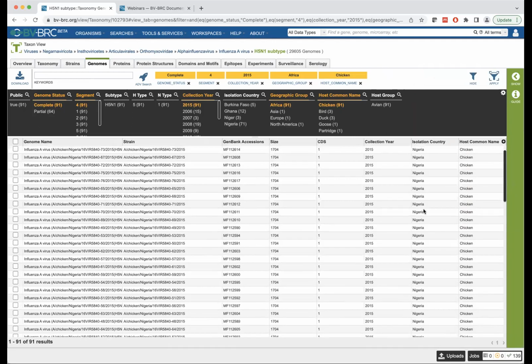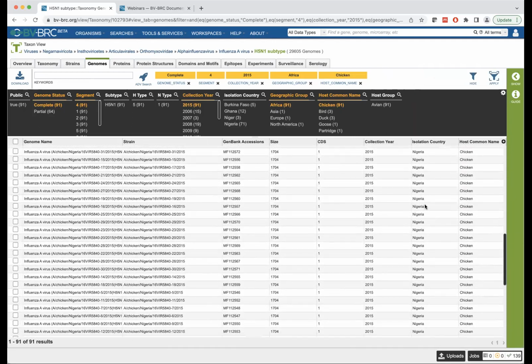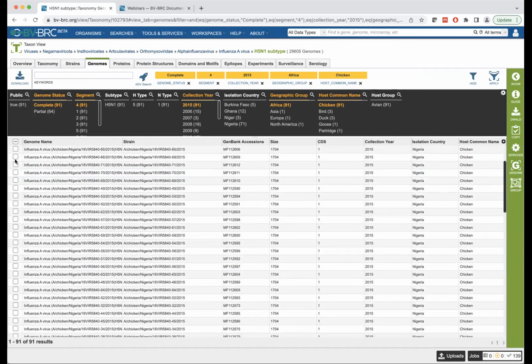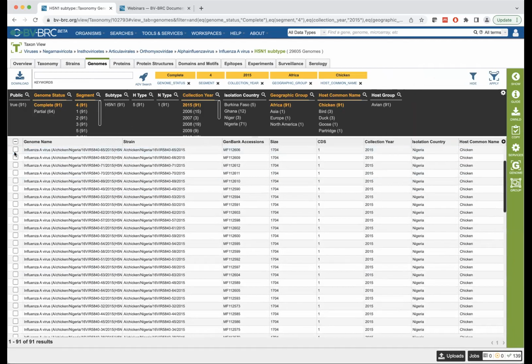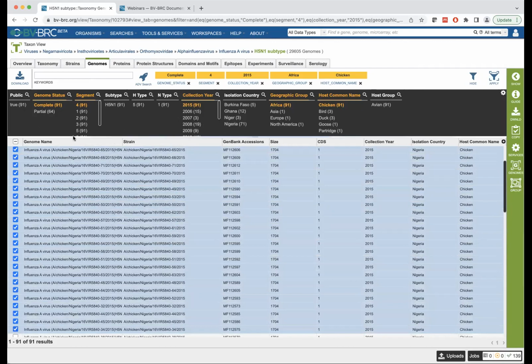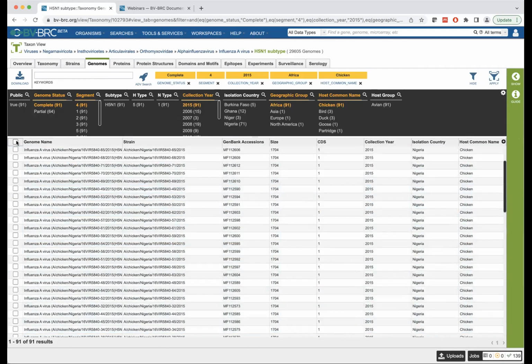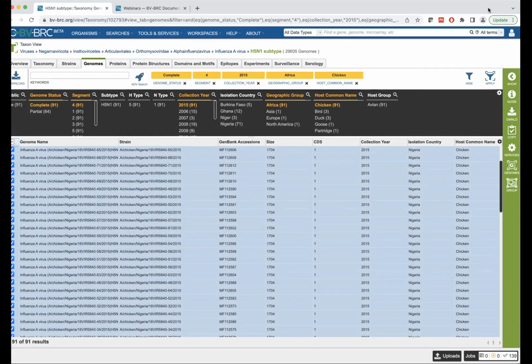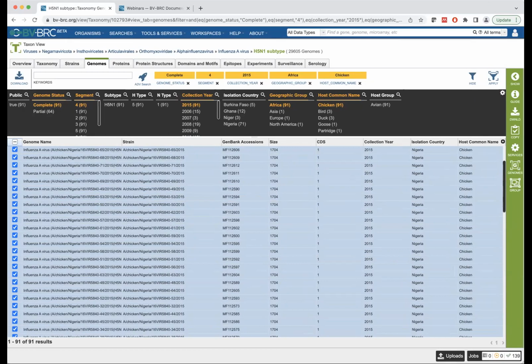And if I close this, I can scroll down and view the different information that's relevant to me. And I can select all of these or none of them. And this is something that I learned that's pretty cool, you can just use the shift button and select as many as you like. So you don't have to individually click each box. Or you can just use this box at the top to select everything. And now again, you can